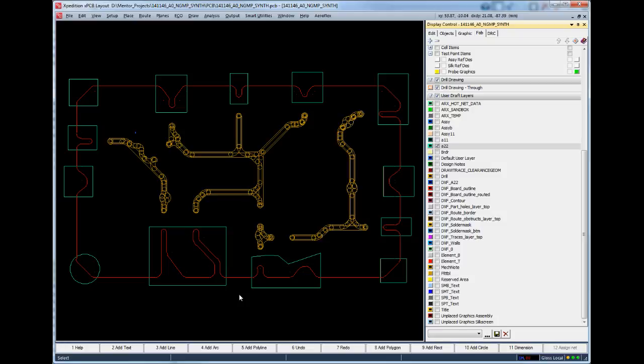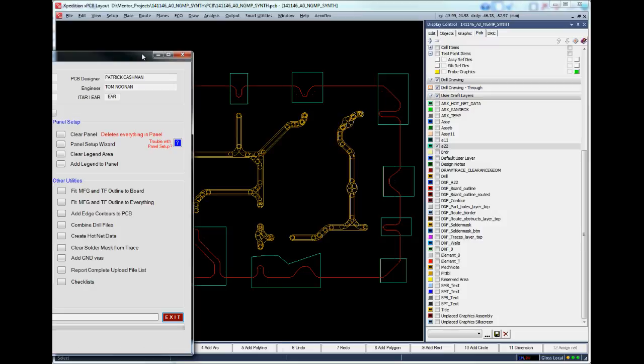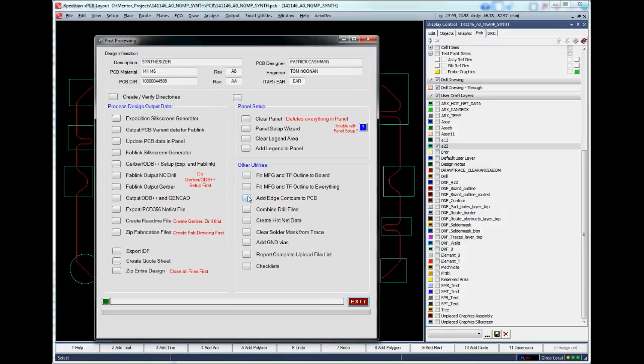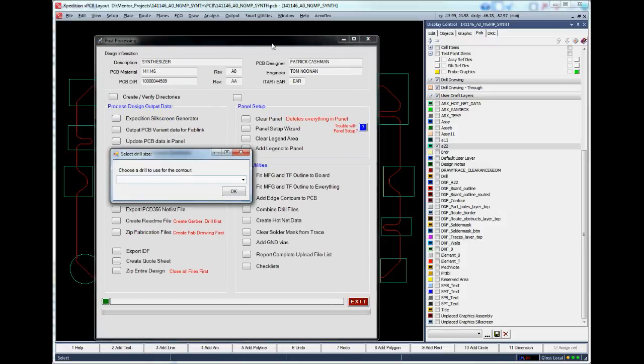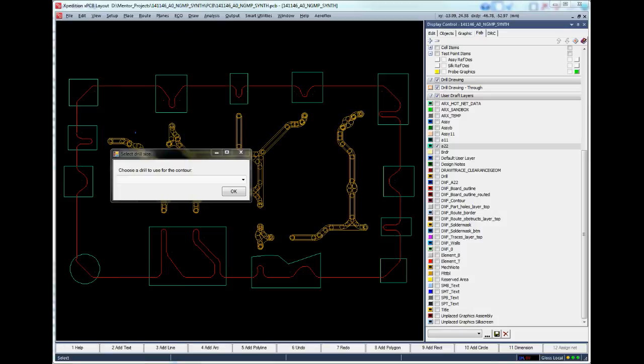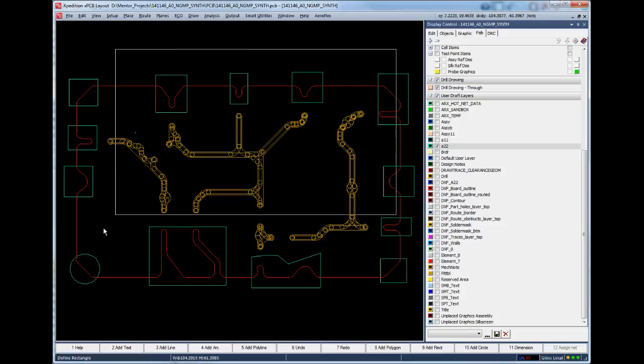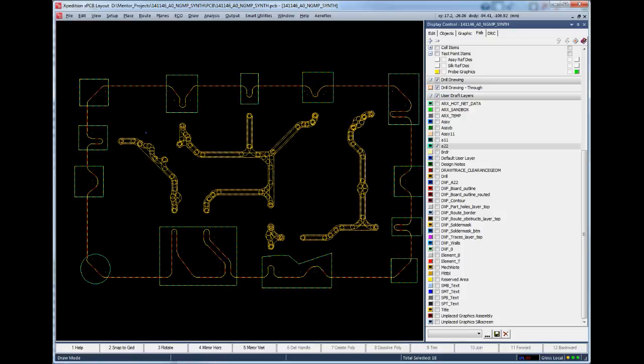Now I'll bring in the post processor window and press the Add Edge Contours to PCB button. I'll move the window out of the frame here so you can see what happens. By the way, you'll have to select the user layer objects before running the tool. It will only pick up the objects on the user layers, so if you have selected something else at the